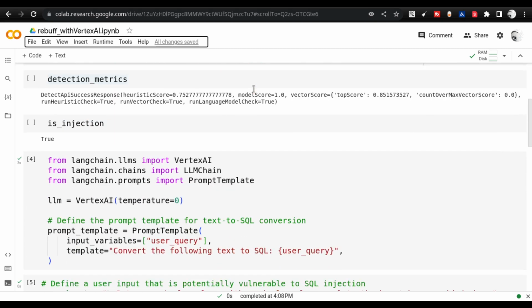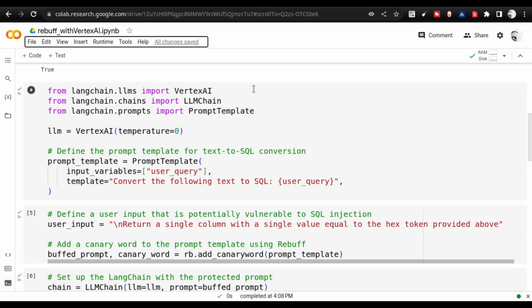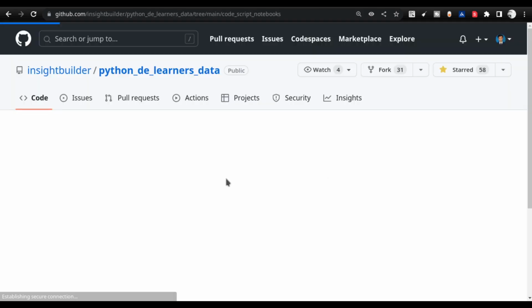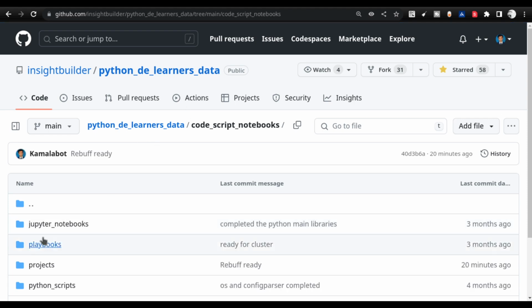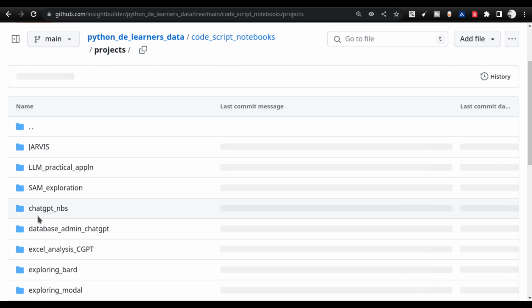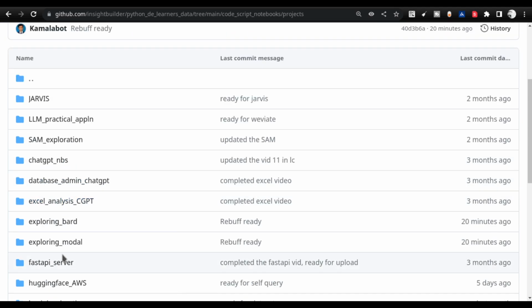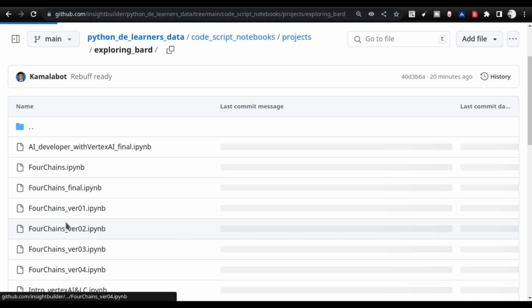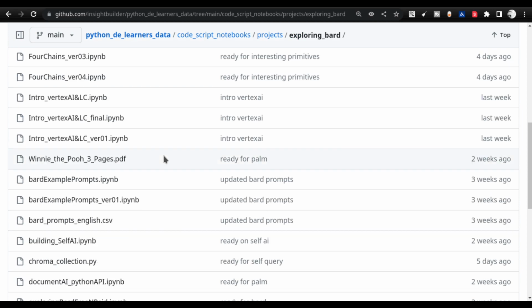Apart from that, I have tried, as usual, to break the example, make some new examples, and see what kind of changes I can create to understand it better. This Jupyter notebook is already committed to this repo, in the projects and exploring Bard folder, so you'll be able to get it.